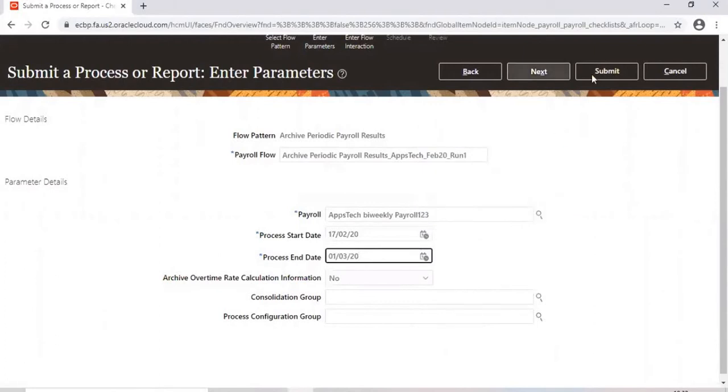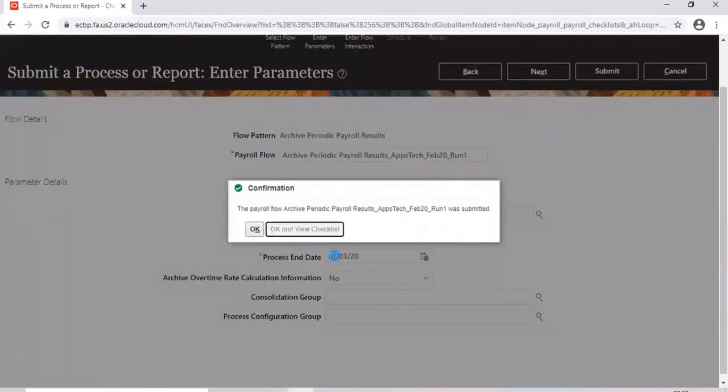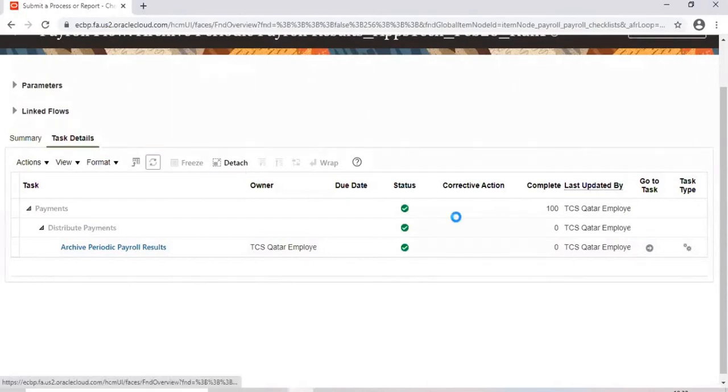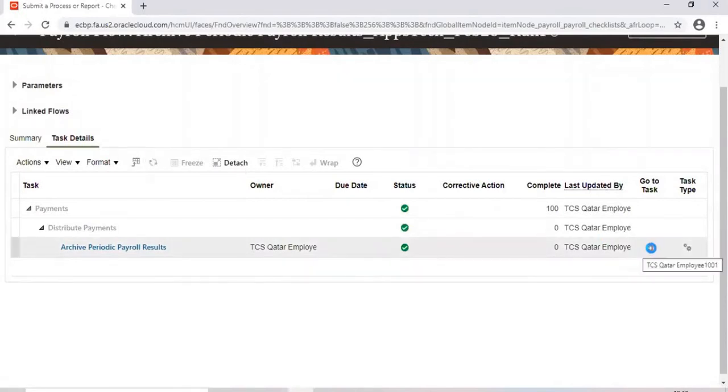Then you can go to next or you can submit it. Done. And go to task.